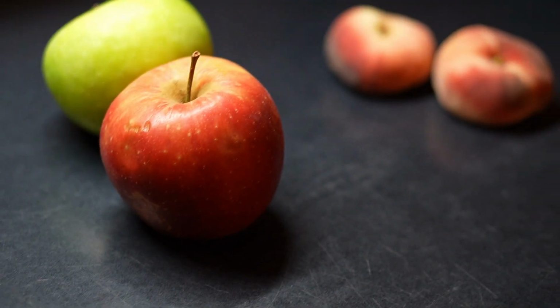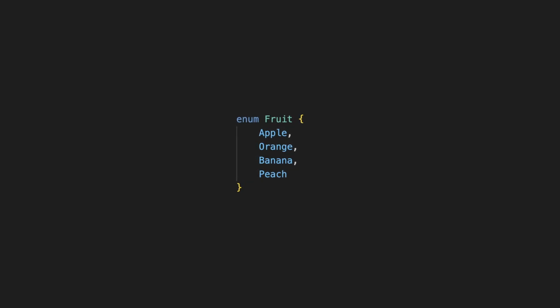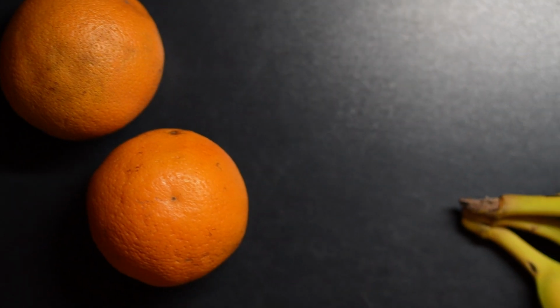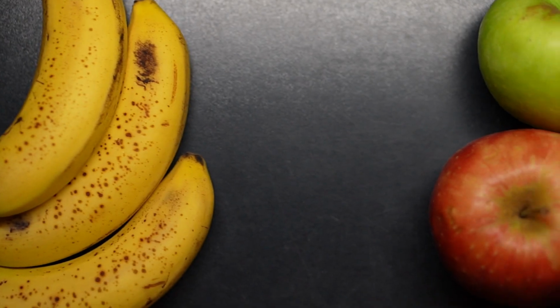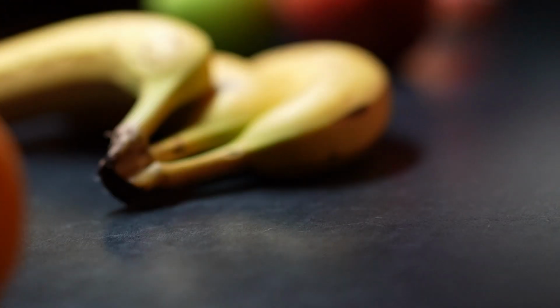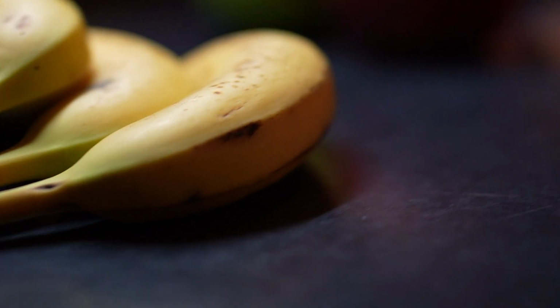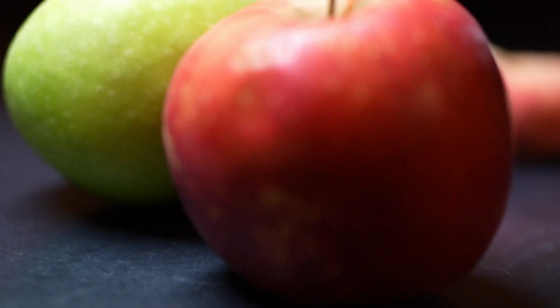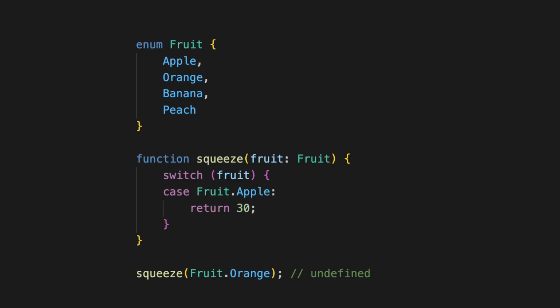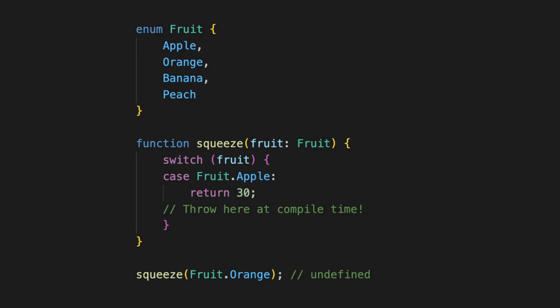I feel like they are nice syntax for something that should really be a first-class citizen of any language, but they really don't seem to be supported well. So one condition that I would set for any sort of enum implementation would be to allow for exhaustive checks. Every switch statement on an enum should always solve all cases, right? So we should automatically get an error if we don't handle all possible cases of an enum, or if we don't add a default case.